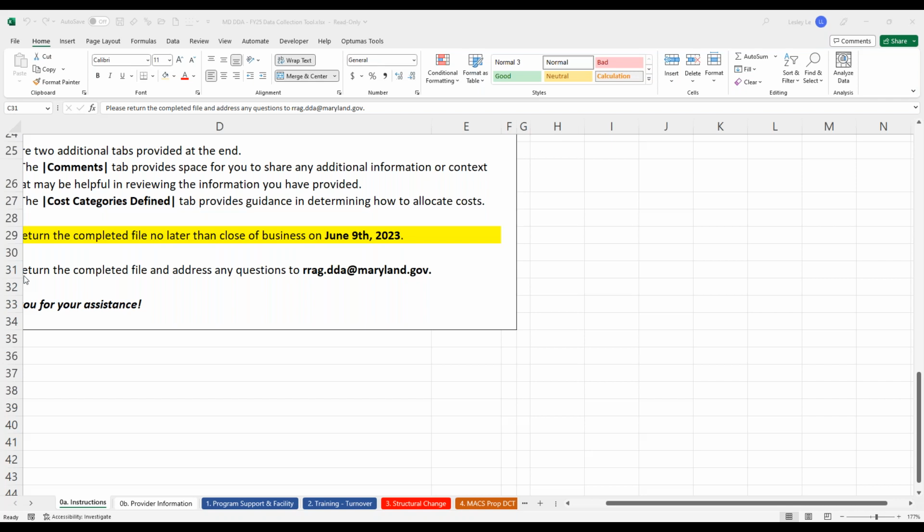I did mention that if you're working with the older version of the tool, none of the cells or any of the data points are different. It's just some of the directions have been clarified. So you should still be able to fill out the tool, but we will work with DDA to make sure that the most recent tool has been shared.